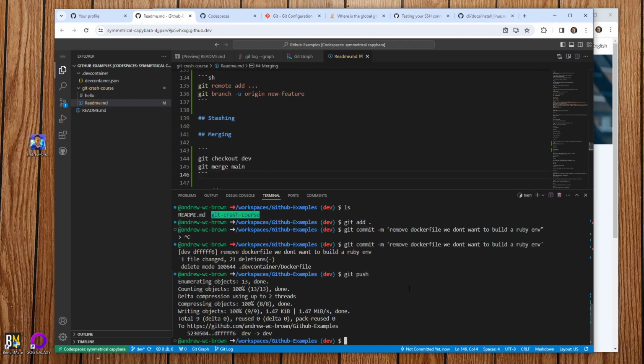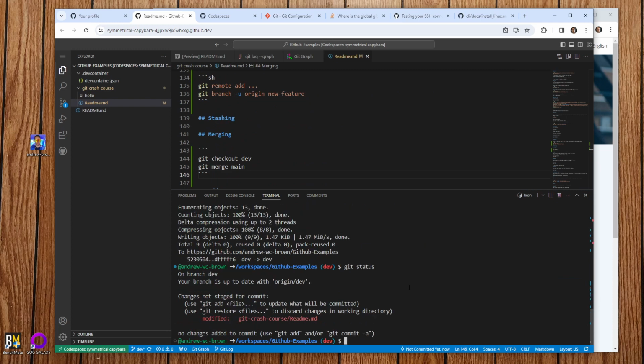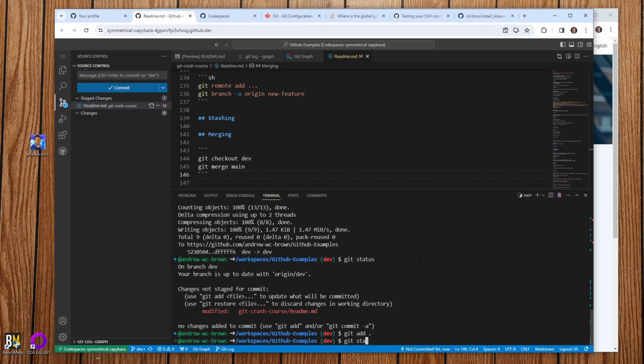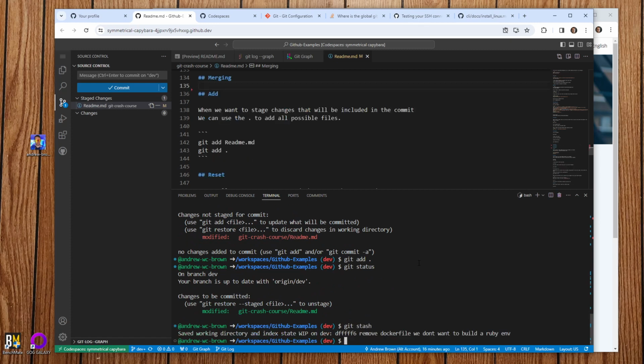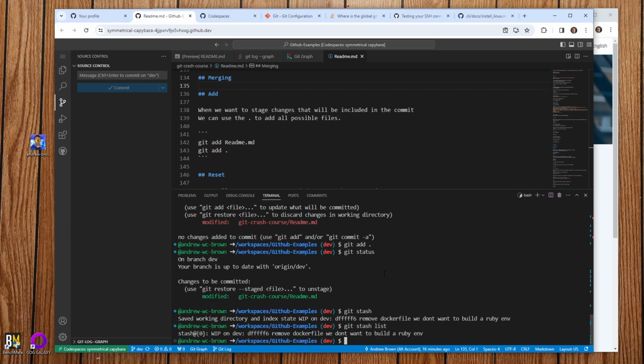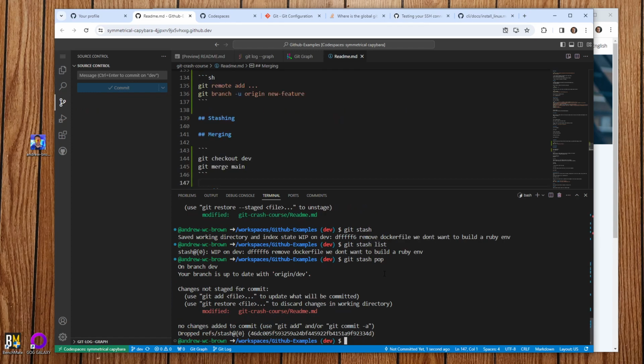So let's say I wanted to work on something else and I just wanted to move this to the side and come back to it later. What I can do is add all the files so it's staged. Git status, okay? And I could just stash these for later. So I type in git stash, and what that will do is put it in my stash, and if I type in git stash list, it's here in my stash. Okay, and I can bring it back and say git stash pop and pop it off the stash